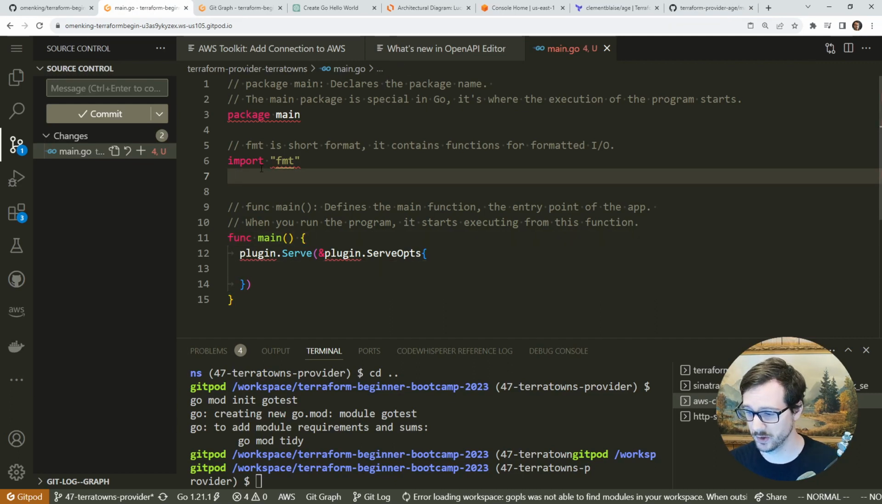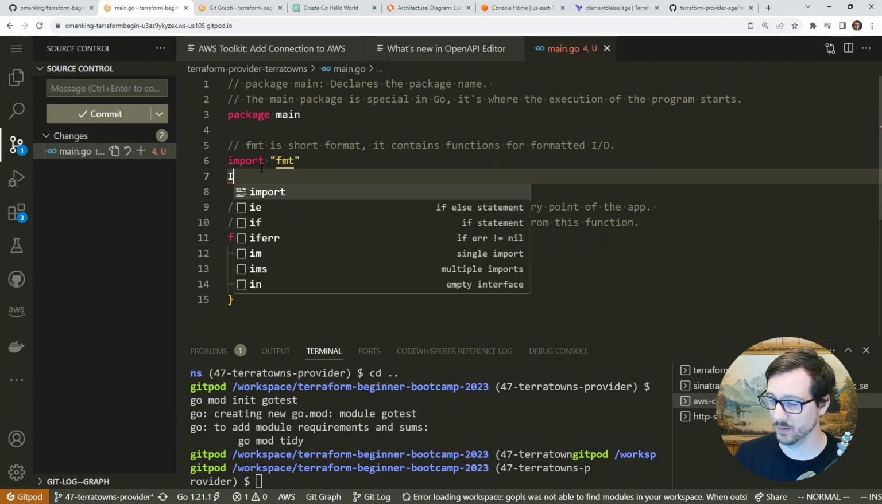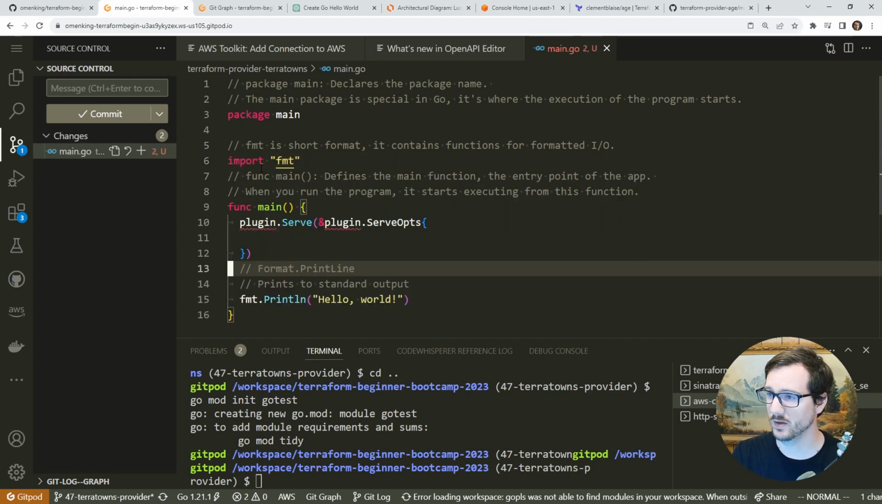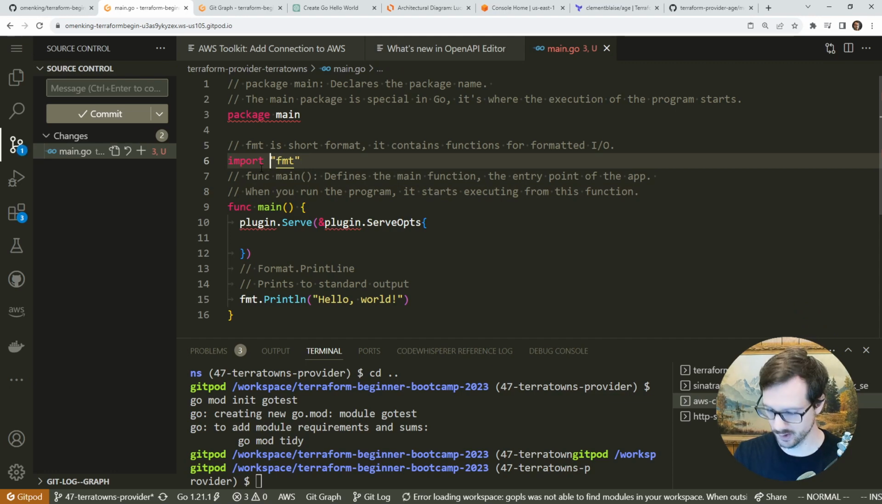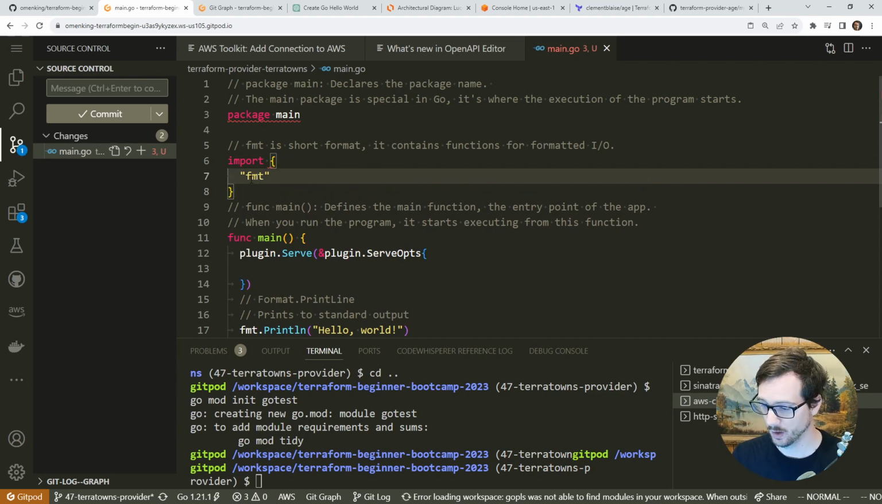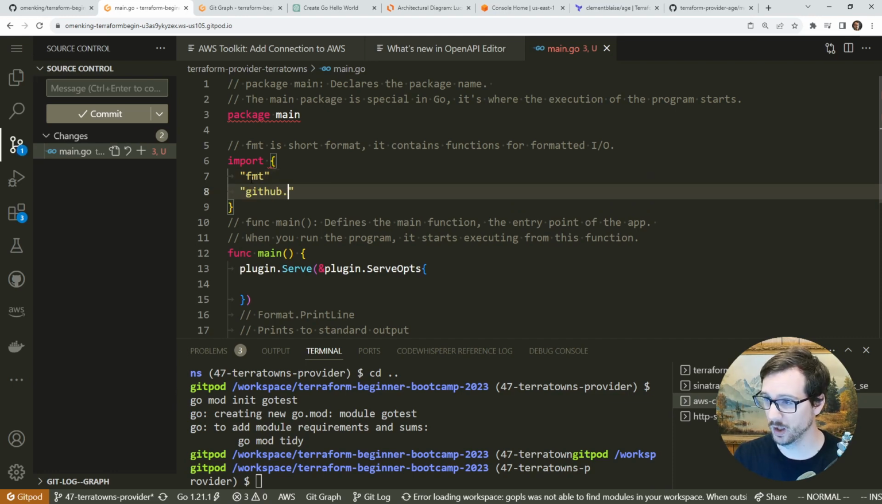So what I'm going to do is go ahead and import that. So we'll type in import, and I'm going to give this curlies. I'm going to put back in the print because it'll keep complaining that we're not using format. When we're importing multiple lines in Go, we can do this curly brace thing to import them all in one go, and that's probably what you want to do. So we are going to want github.com/HashiCorp, Terraform plugin,